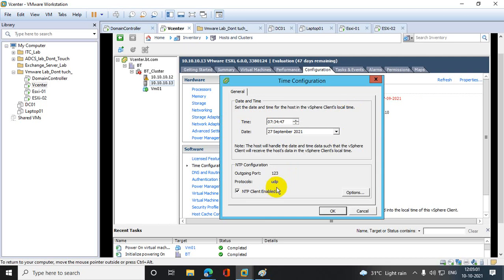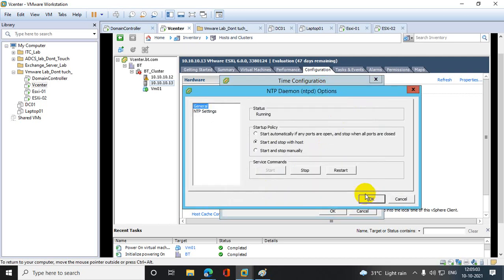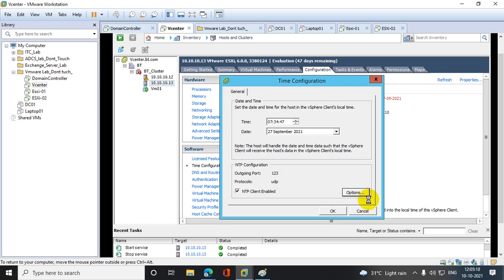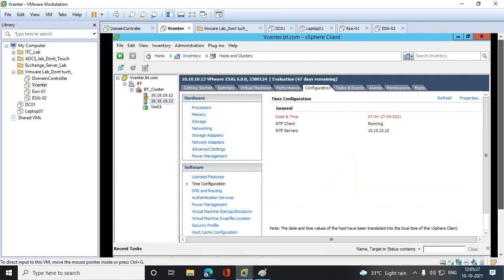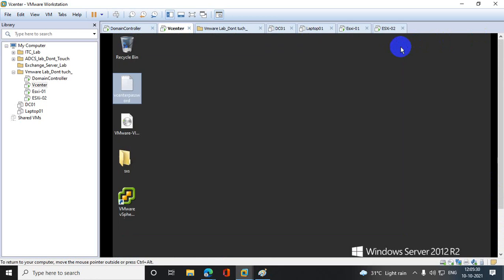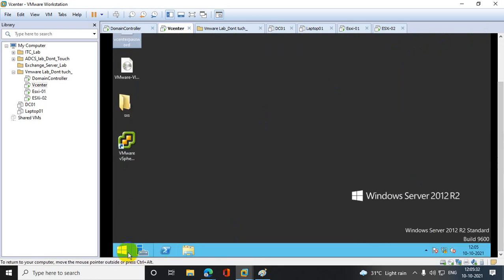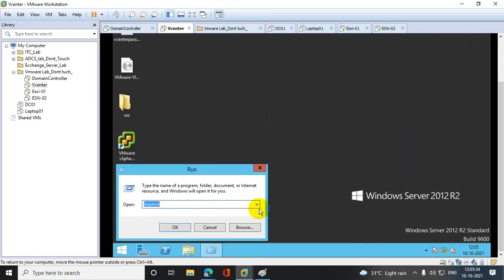NTP client enabled. Okay, let's do that through the web console. Might be a problem in the vCenter console.